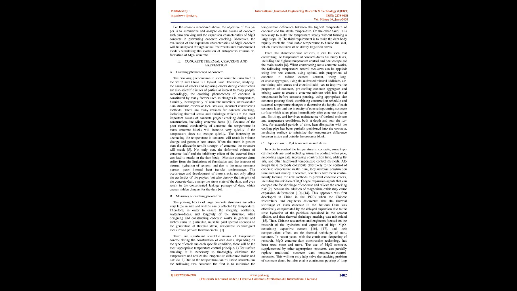When constructing mass concrete works, the following temperature control measures can be applied: using low heat cement, using optimal mix proportions of concrete to reduce cement content, using large coarse aggregate, using activated mineral additives, air entraining admixtures, and chemical additives to improve the properties of concrete, pre-cooling concrete aggregate and mixing water to create a concrete mixture with low initial temperature before concrete pouring, using appropriate size concrete pouring blocks, combining construction schedule and seasonal temperature changes to determine the height of each concrete layer and the intensity of concreting,